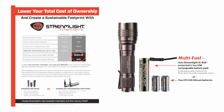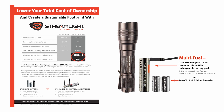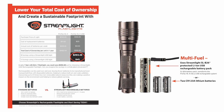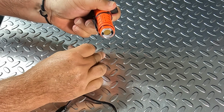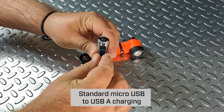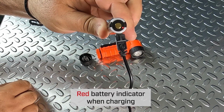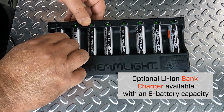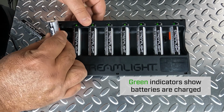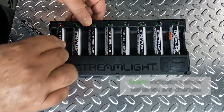And every time the user opens a battery door to replace those batteries, you incur that cost. So you can incur that cost once a day, once a week, or once a month. Typically, in industrial use, you're replacing those batteries on average once a month, maybe a little bit more frequently. If you look simply at once a month, at $10, you're at $120 in just operational cost